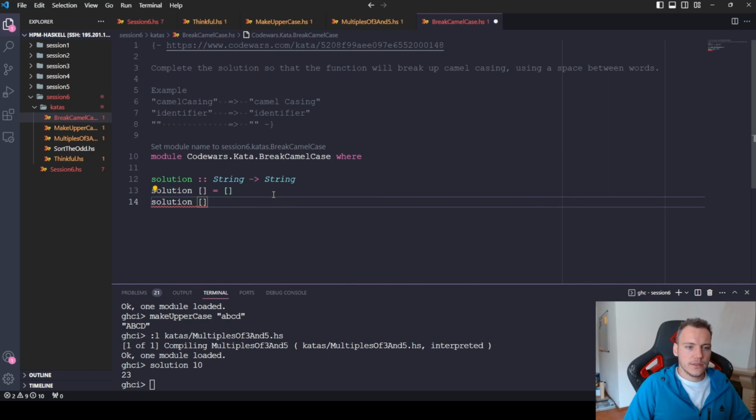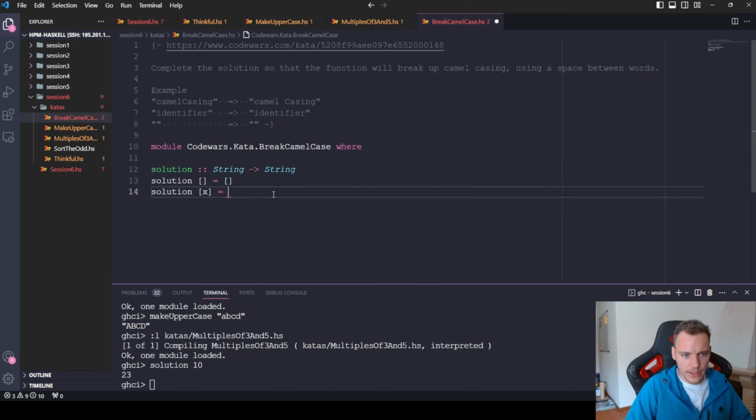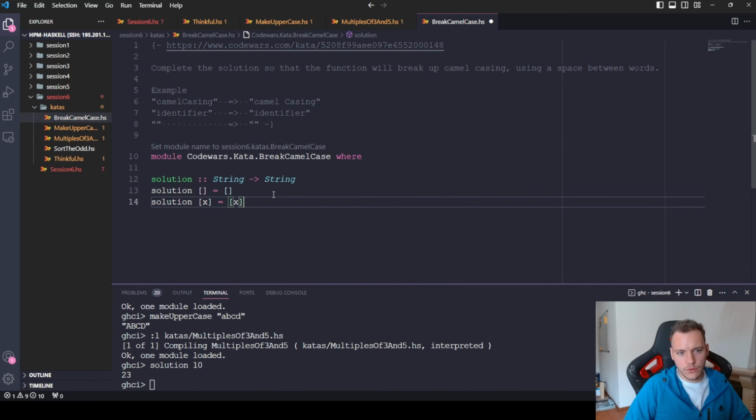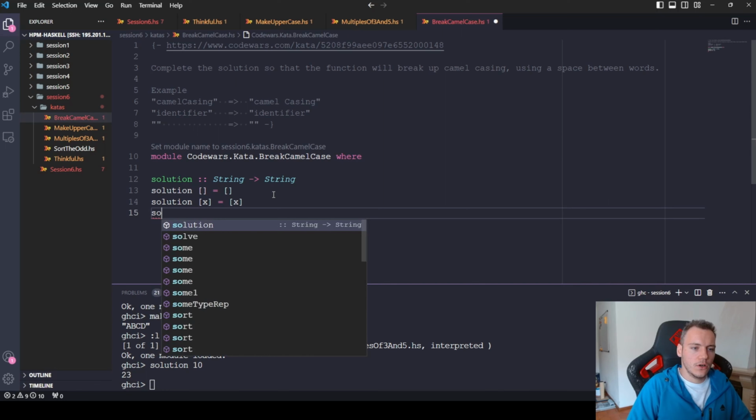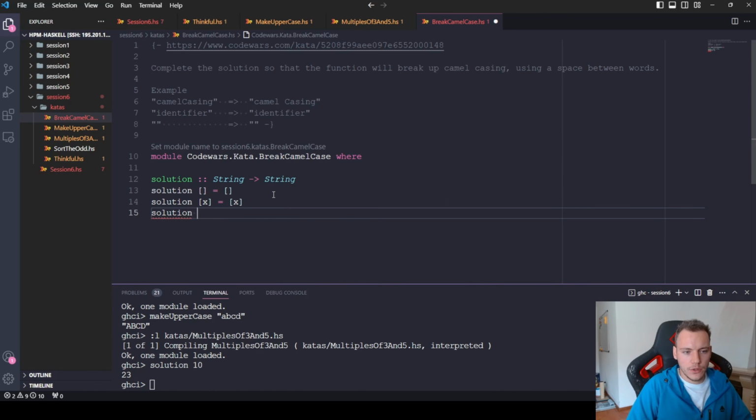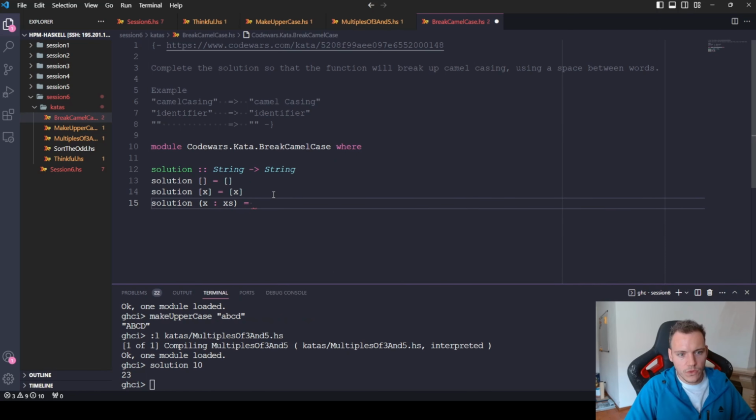If we get a list of one element, then we can't really have camel casing, and we return the same list of one element, or of one character. Okay, and then finally we have our general case of xs, and so what we want to do